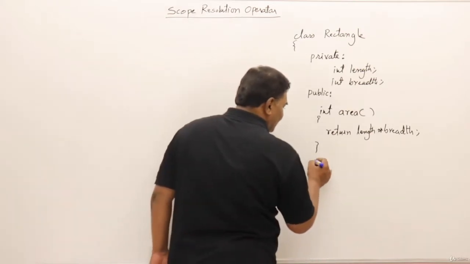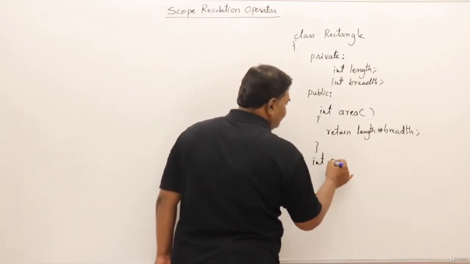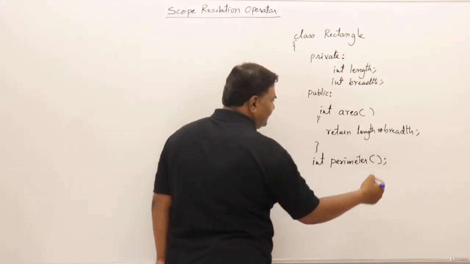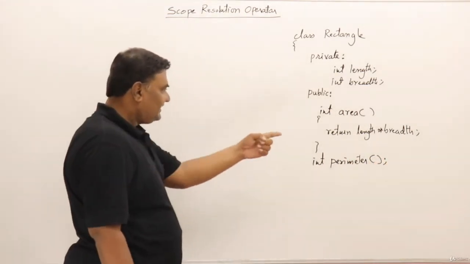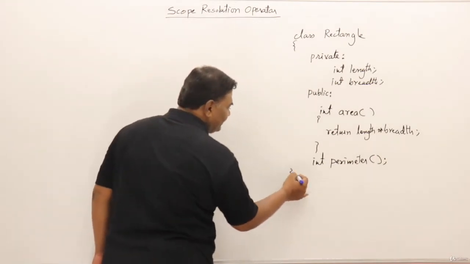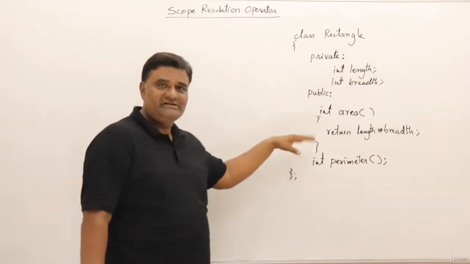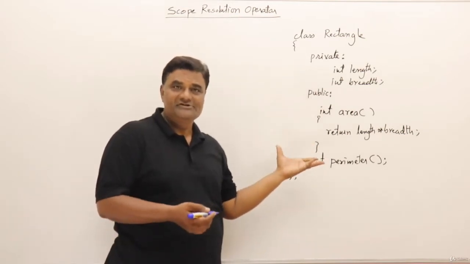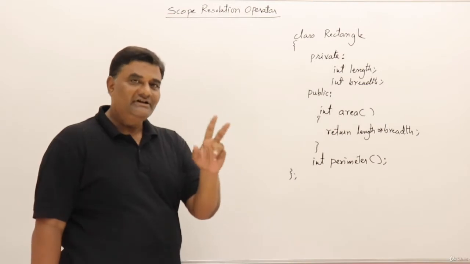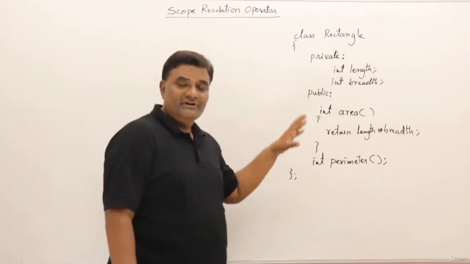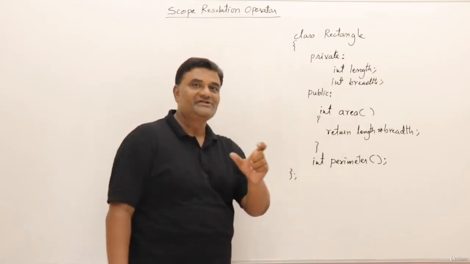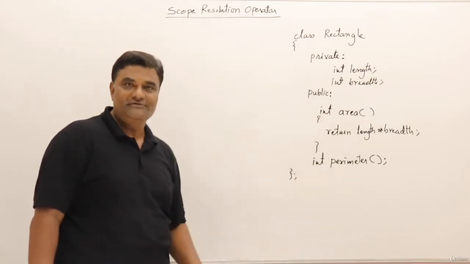The second method: I will write a function for finding perimeter and leave a semicolon. I will not write the body of the function. Then suppose the class ends here. Assume that all the functions are present; we will not write all of them every time. Constructor, accessor, mutator, everything is there. We are looking at just two functions. One function I have defined completely inside the class. For the second function I have just given the prototype, that is the declaration of the function.